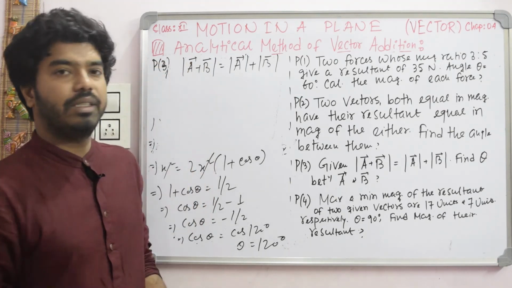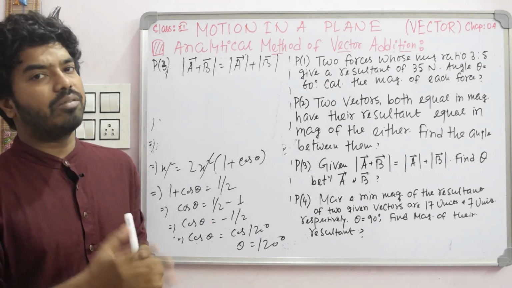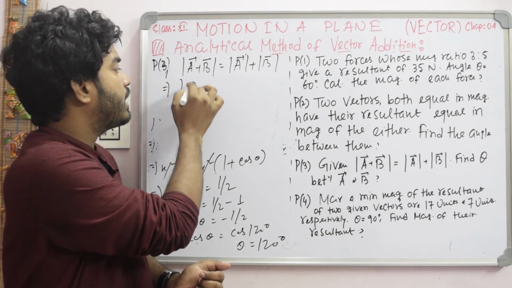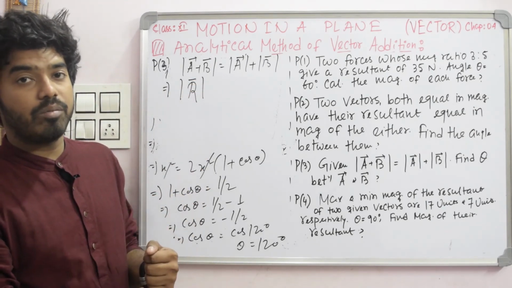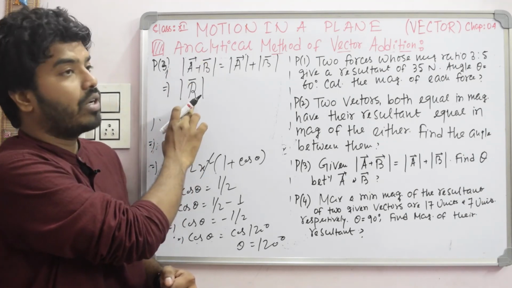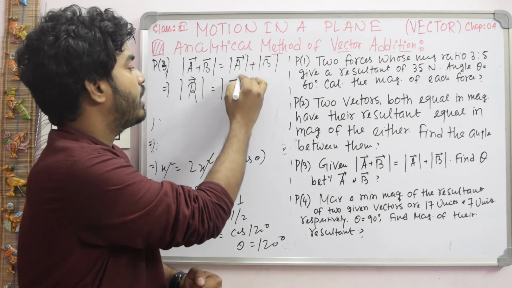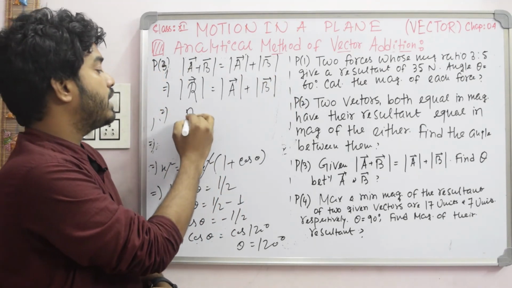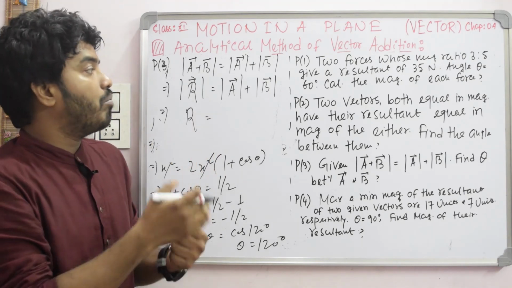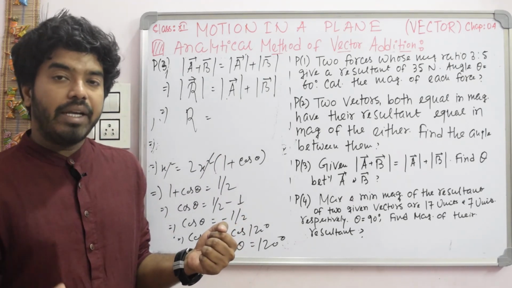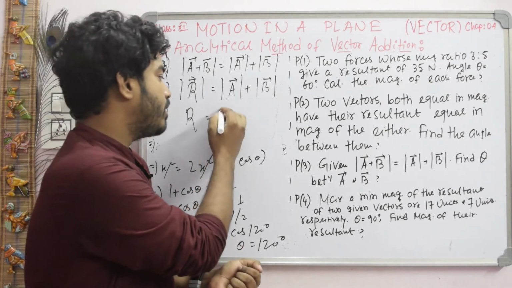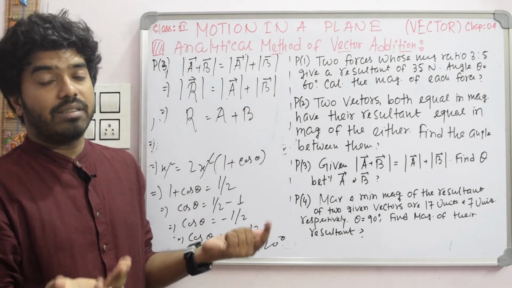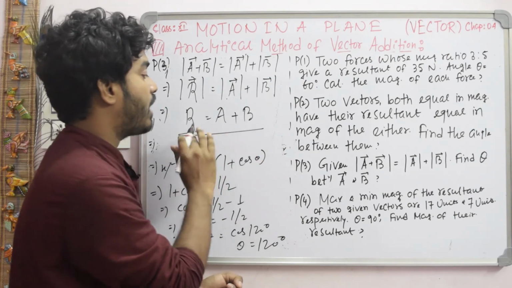What is vector A plus vector B? Vector A plus vector B means the resultant of vector A and vector B, and there is a mod, that means this value gives the magnitude of the resultant, that is R. The resultant of two vectors is represented by the symbol R. So the magnitude of A plus B vector, this resultant, is given as the magnitude of vector A plus the magnitude of vector B. Now the mod of vector R is exactly equal to R. Mod of vector A indicates the magnitude of vector A, which is represented by the symbol A, and mod of B also indicates the magnitude of vector B, which is represented by B. So you just see this relation, R is equal to A plus B.